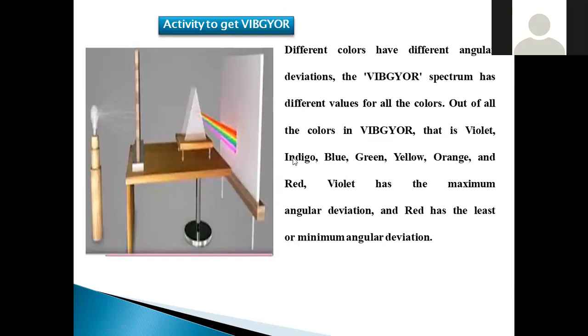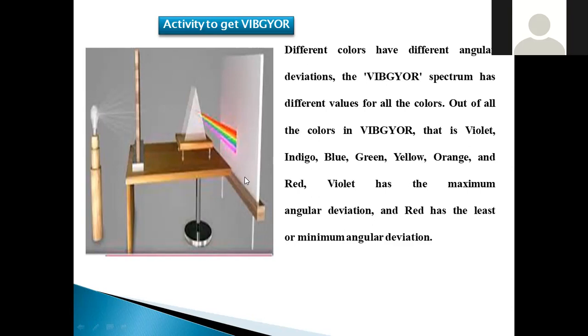Next is about how we can observe, how we can obtain the VIBGYOR. So let us do one experiment within the laboratory. A light source was taken, and in front of the light source, one cardboard with a slit, a small hole, is inserted, and one white board is placed. In between the whiteboard and the cardboard, we have one prism. Light is allowed to pass through this small hole and falls on the prism, and you can observe all 7 colors on this whiteboard. All 7 colors will appear on the whiteboard.